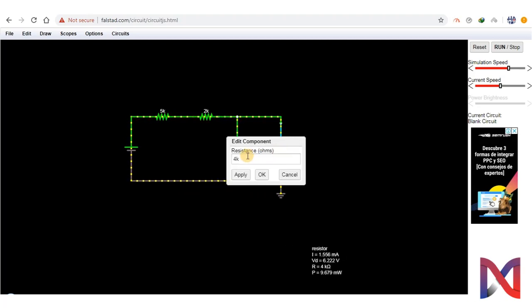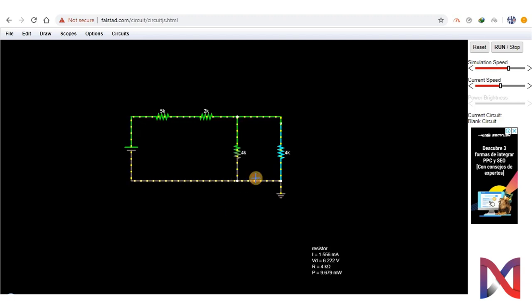For example, let's change its value to 2 kilo ohm and then see what the current is through both resistors. Here now current is 1.12 milliampere, while at 2 kilo ohm we have 2.24 milliampere of current. So it has been verified that voltage drops across each resistor can be found through the voltage divider rule.